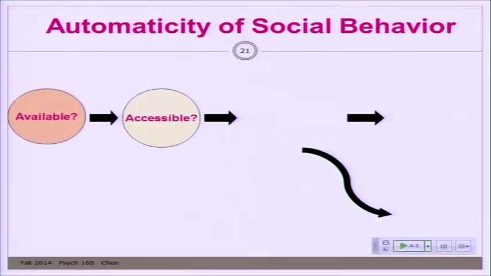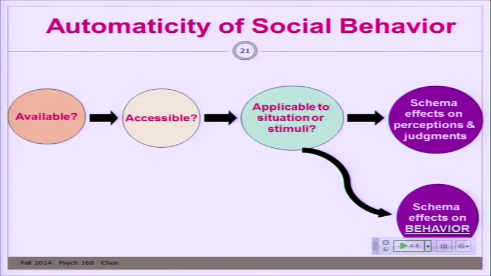Okay, three studies. Ignore this slide. Don't write it down. It's just making the point that as we were talking about availability, accessibility, and applicability affecting perceptions and judgments, now we're talking about the same darn principles affecting behavior. That's all. Okay? Way too much work to make that slide's point.